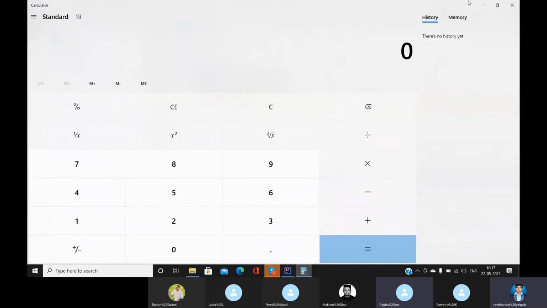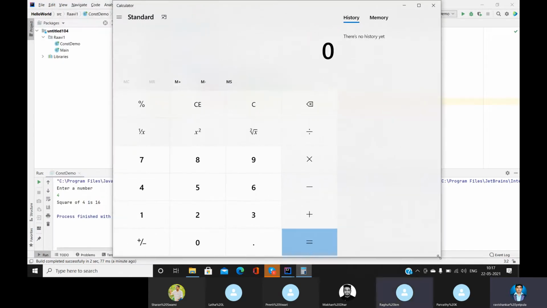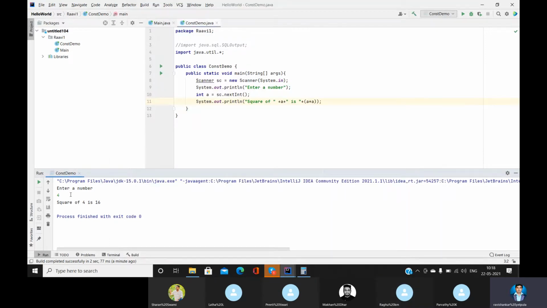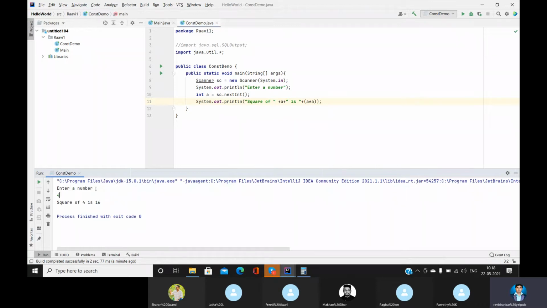No, this is called user input, Raghu. It's the same way as in this calculator: when I'm entering 8, it is reflecting here. This is a GUI, a user interface that we have created, but here we haven't created any interface. We are entering the value in the command line. What do we call it? CLI, command line interface.